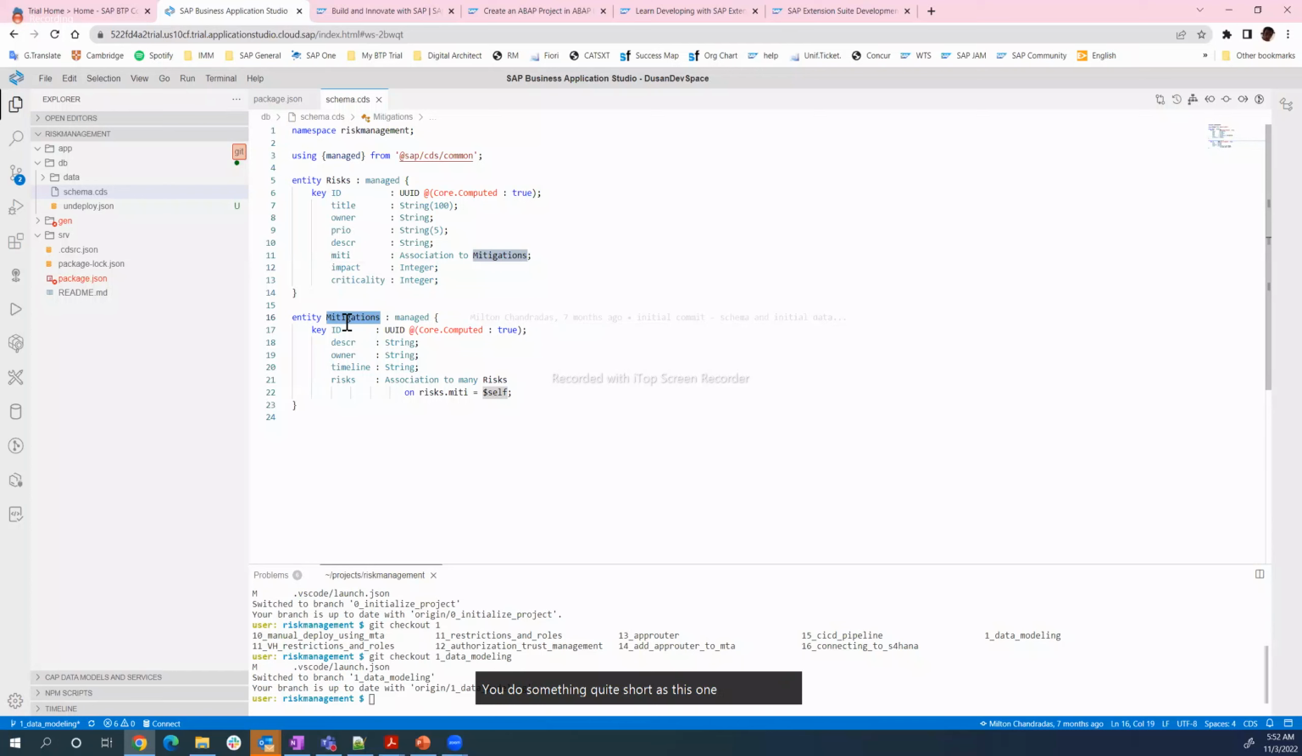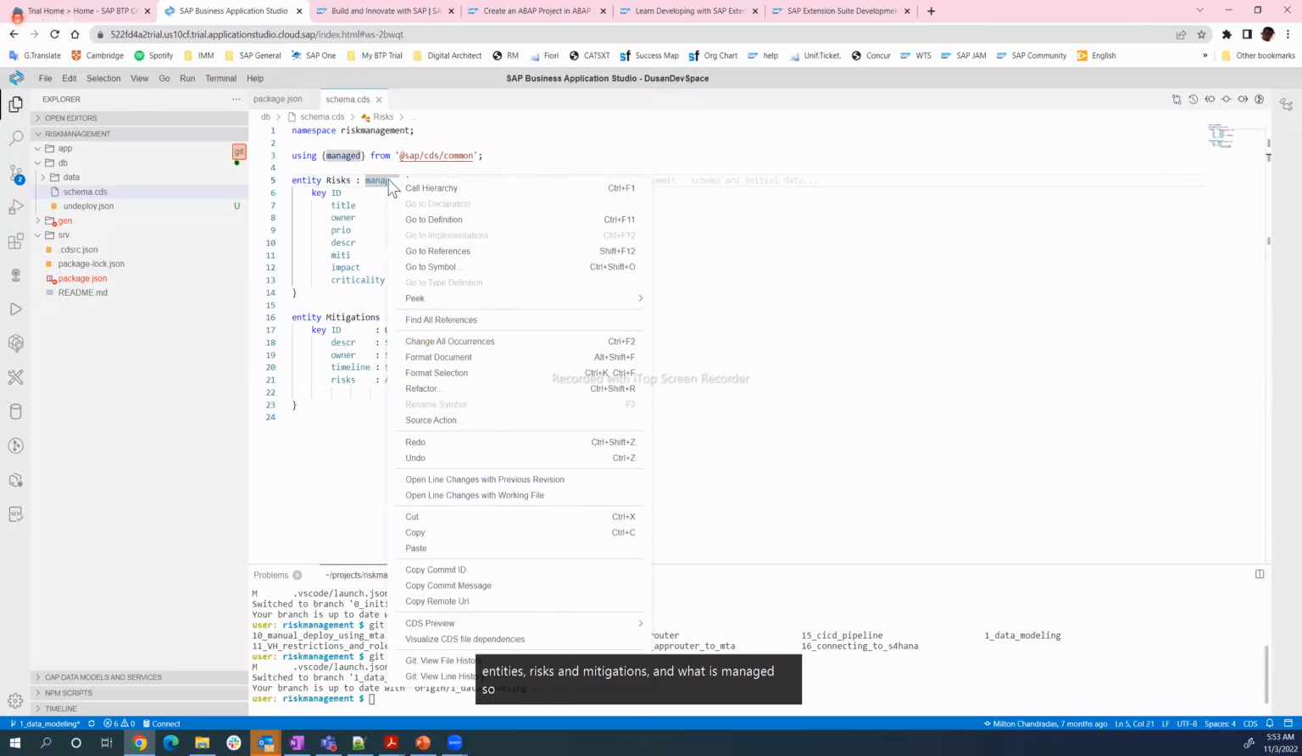This is not, of course, the first syntax used for creation and describing a data model that you've seen in your life, but core data services, many of you see it for the first time. Here we say we're going to use two entities, risks and mitigations. And what is managed? So as always with